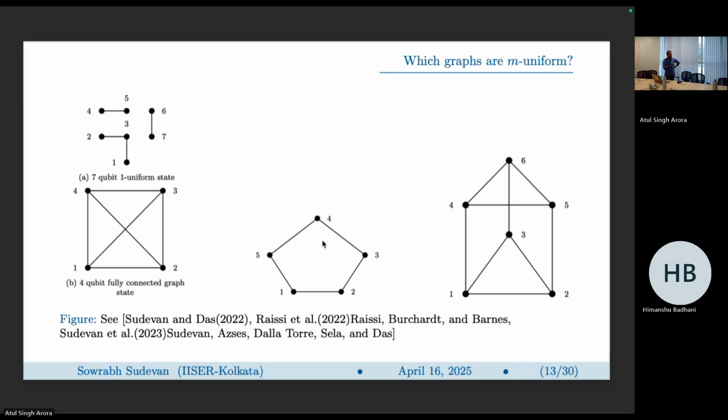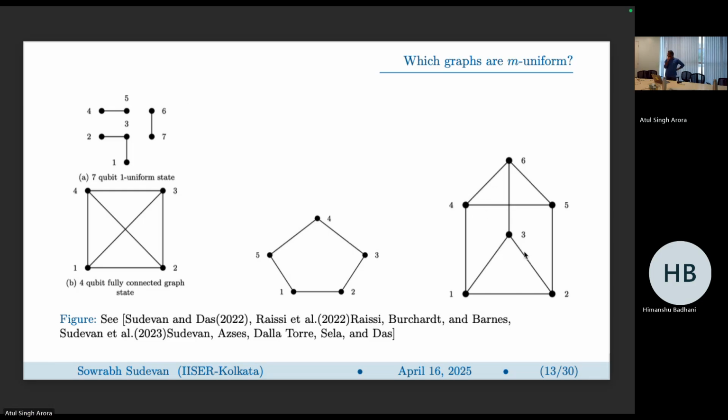And yeah, for two uniform, the smallest example you can write is something like this. You could just write a 5-cycle. And for 3 uniform, the smallest thing you can write is this kind of graph. You have a prism with 2 triangles on both ends. So this thing you can show is